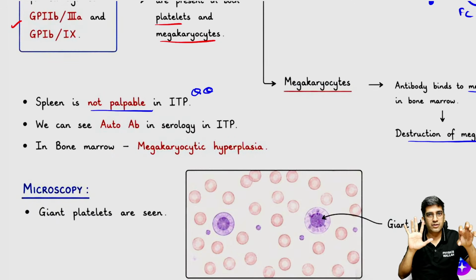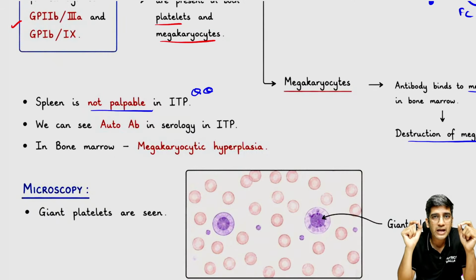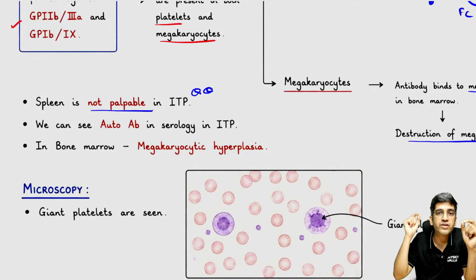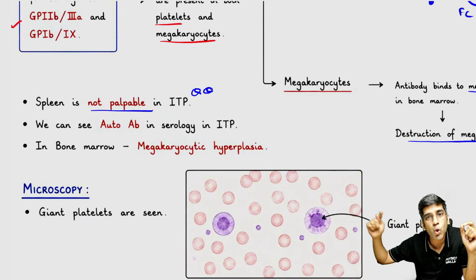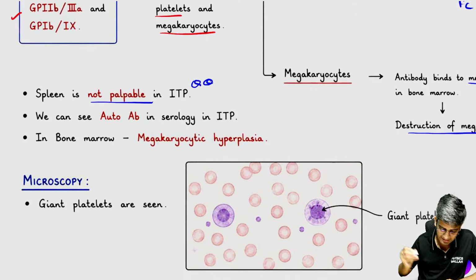Two weeks, spleen will not destroy anymore. Why? Because new platelets will not come, because in bone marrow this is gone, right? Bone marrow stopped producing after a couple of weeks. So there's no new peripheral platelets. Will spleen destroy? No. Will spleen work more? No. Will there be splenomegaly? No. Spleen will not be palpable in ITP because the bone marrow destruction takes over peripheral destruction in a couple of weeks. Very, very important to remember, can come in reasoning wise.